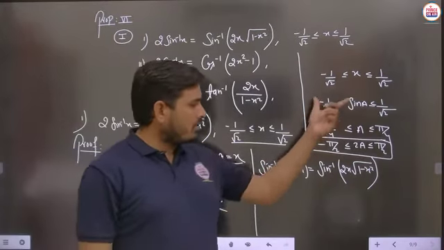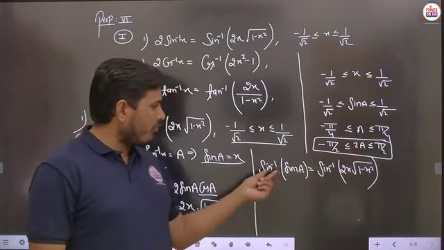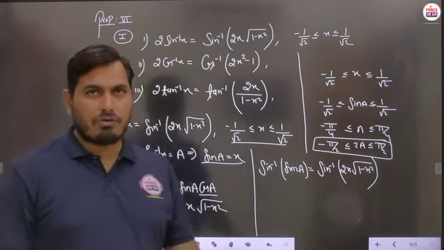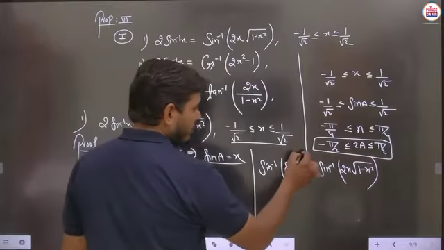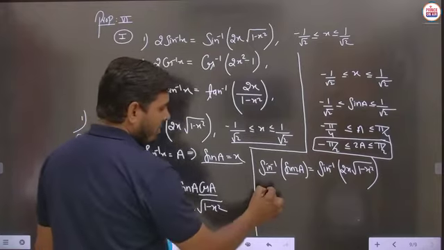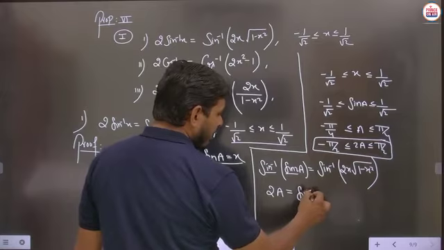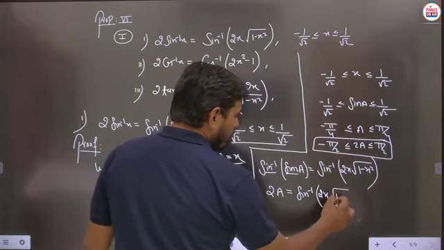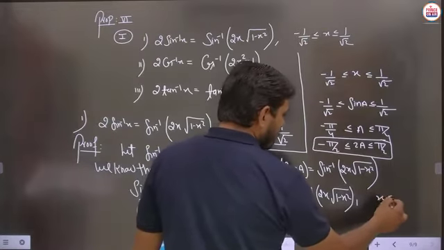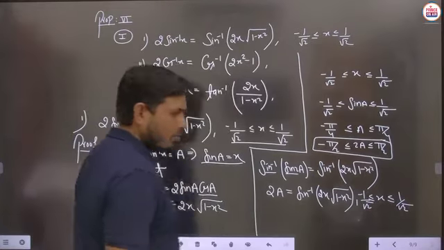For that purpose the conditions are given, and now you can say that this 2a will be from minus pi by 2 to plus pi by 2 and it lies in the principal range of sin inverse. So after simplifying this situation we can say that this sin inverse will get cancelled out with this sin and only the required result remains, 2a, and 2a will be written as sin inverse of 2x under root of 1 minus x square, and in this situation x belongs to minus 1 by root 2 to plus 1 by root 2. Is it clear?